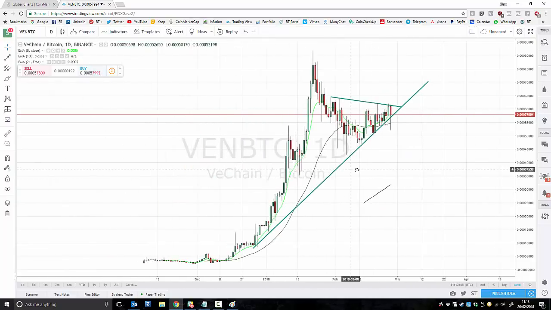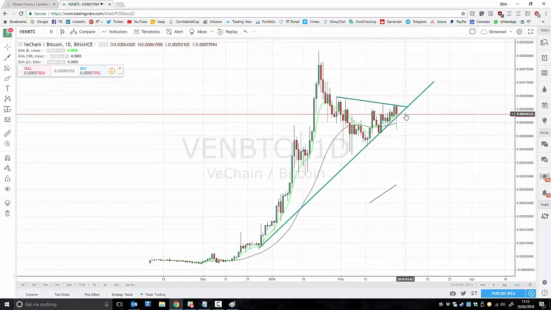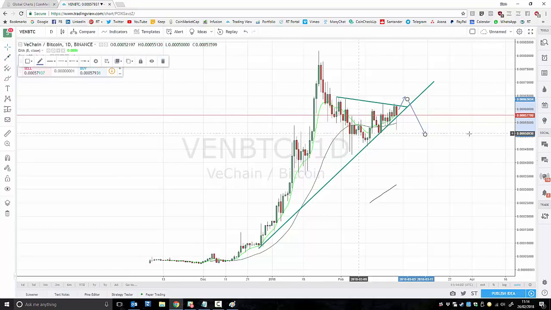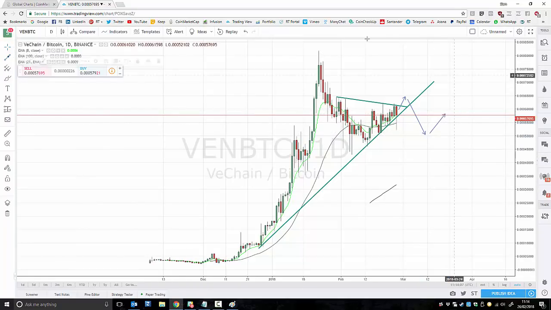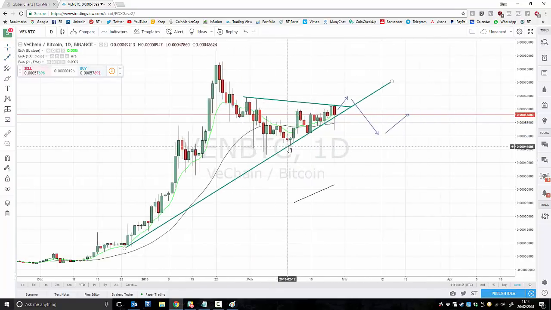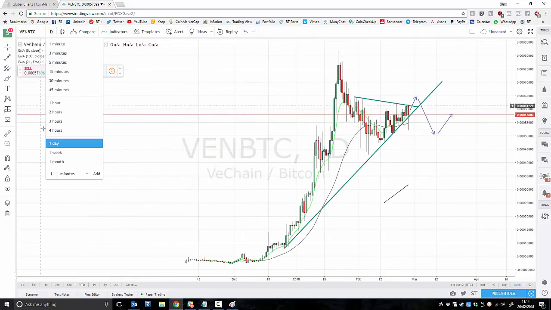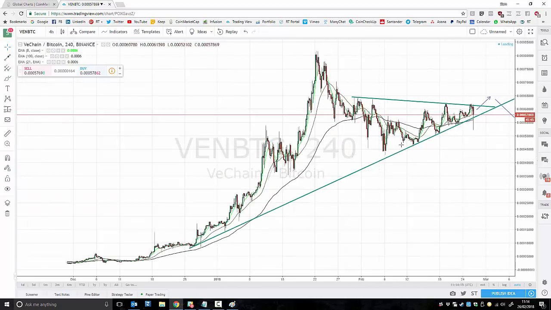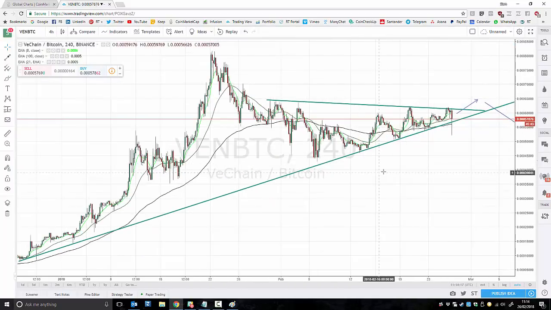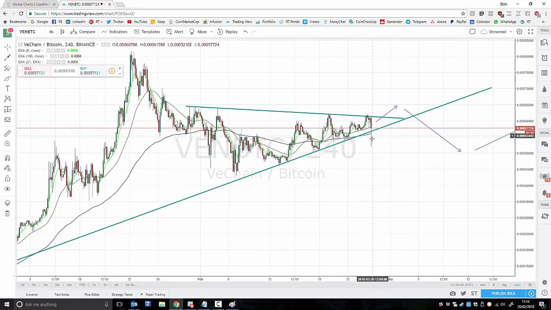This is interesting. So technically speaking, this should pull back a little bit. So I personally think it may spike up a little bit. We may have a bit of a fake out here, but I think we'll probably come back down to this level here, about the 50,000 sat level, before starting to make its way back up again. But yeah, VeChain, obviously there's really not too much to look at on this chart here, other than that this is being squeezed. In fact, looking at it on the 4-hour chart, we're seeing some